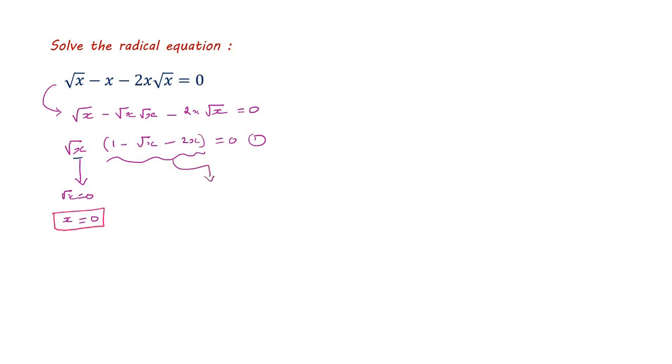Here you can take square root of x on one side. Keep the square root of x on one side and the other things on the other side, which will be 1 minus 2x. Root x has been taken to this side, and it is equal to 1 minus 2x. Okay, squaring both sides we have